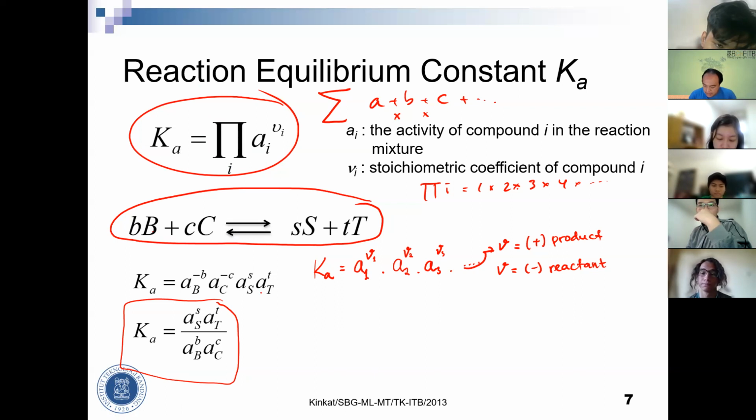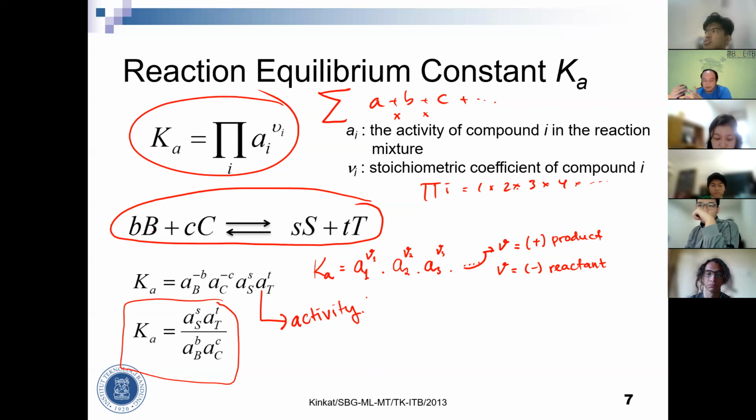What makes the difference between your high school and this in college is that in high school you use concentration. In high school you use concentration, but here we use activity. This activity can be concentration if the reaction is in a